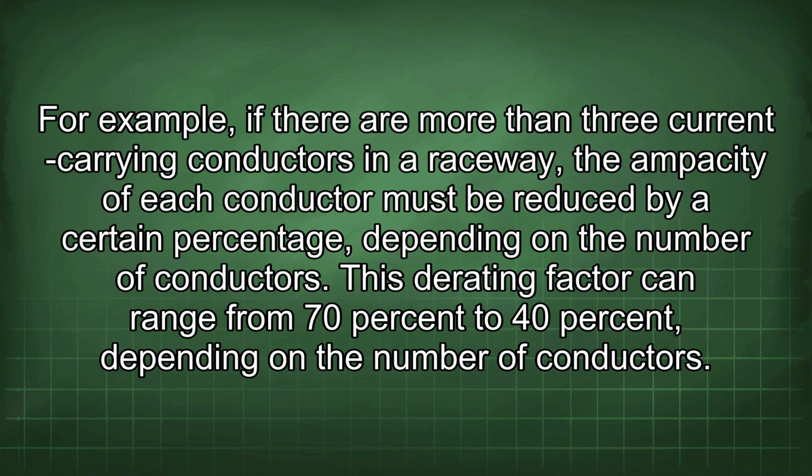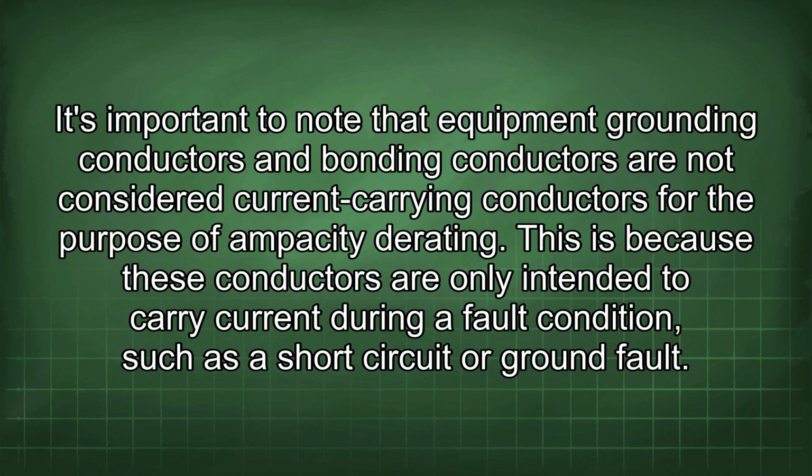For example, if there are more than 3 current-carrying conductors in a raceway, the ampacity of each conductor must be reduced by a certain percentage depending on the number of conductors. This derating factor can range from 70% to 40% depending on the number of conductors. It's important to note that equipment grounding conductors and bonding conductors are not considered current-carrying conductors for the purpose of